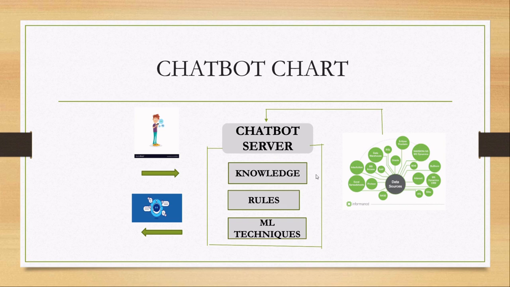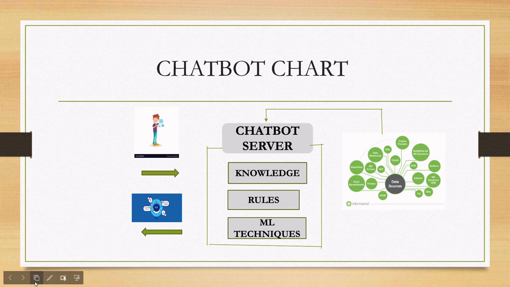It will have knowledge. Actually, it's like a book. It will first search, and a rule is like an index of a book. This is where you have to look for the answer. And definitely it will have machine learning techniques which will help to understand these rules and understand where you can apply these rules to find a context in the knowledge. All this operation requires a huge amount of data, which can be gathered by reading thousands of pages. This data can be extracted from social media or the cloud. This is one picture where you can understand how a chatbot works.